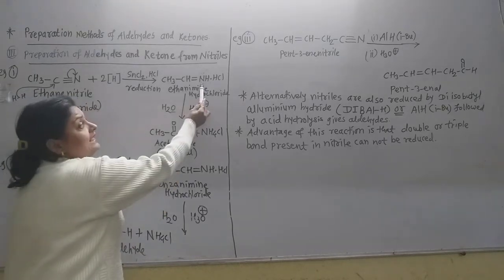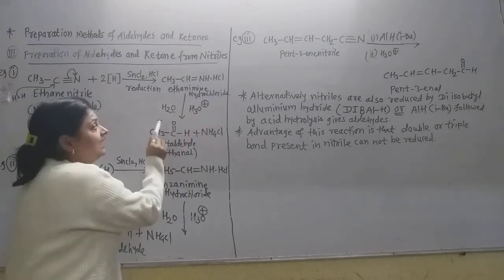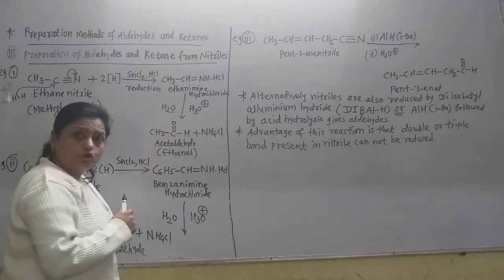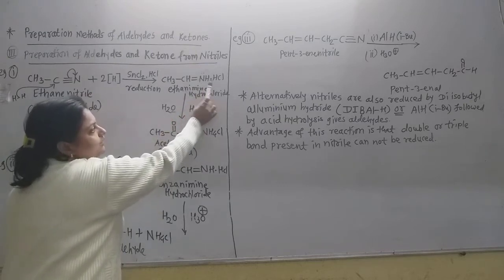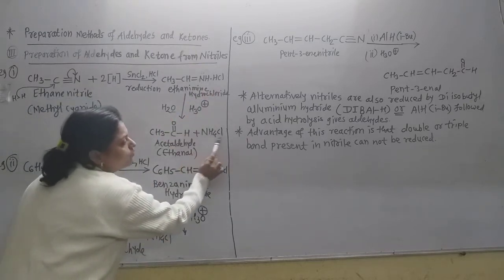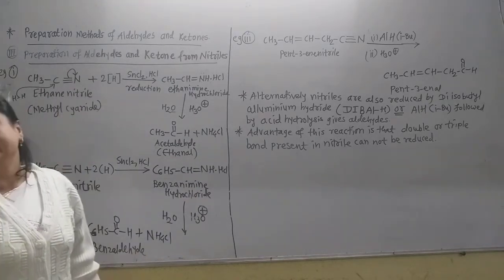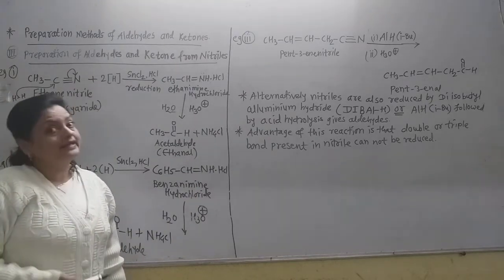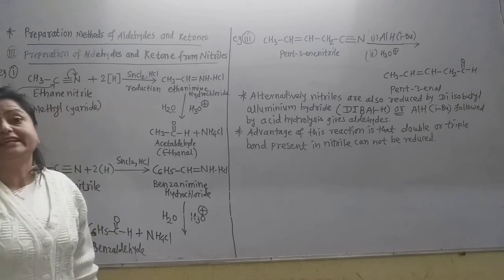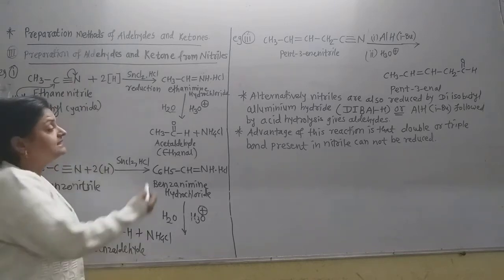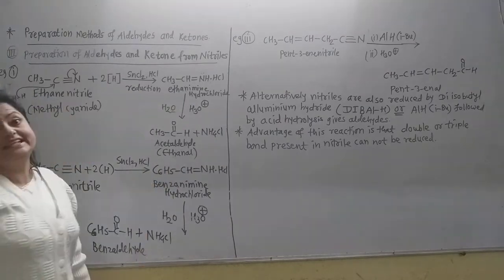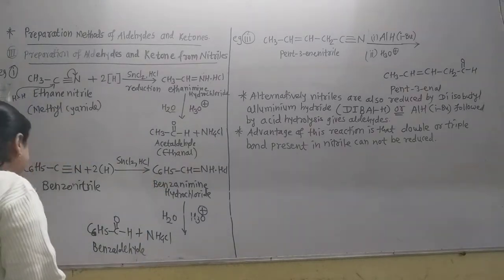Now what is remaining? Now this NHCl is there and these two hydrogen atoms of the water. So totally there are 4 hydrogen atoms, this nitrogen and chlorine. So this is the ammonium chloride as the byproduct. Very important reaction, and the mechanism is also very interesting in this reaction. Always asked in the examination. Now in this way we obtain the ethanal.